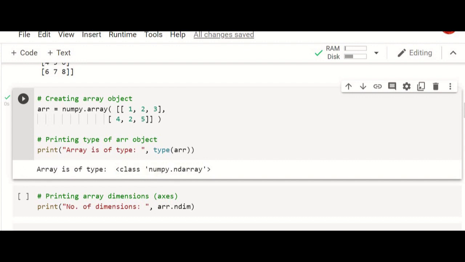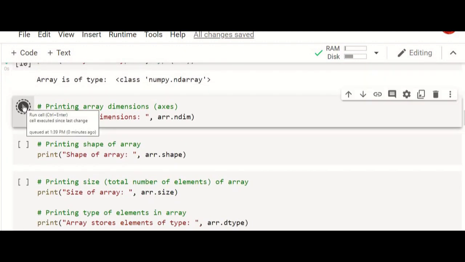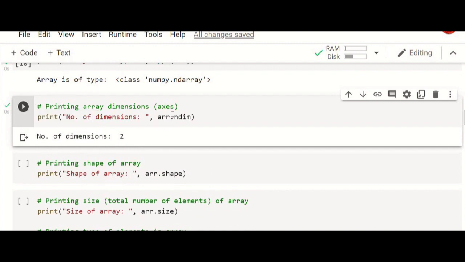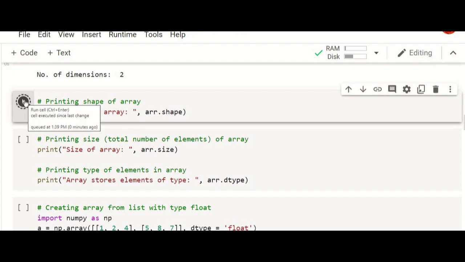And if you want to display the dimensions, that means axes, since it is a multi-dimensional array, you can specify the number of dimensions. Here we have only 2 dimensions, x and y. So number of dimensions: array name dot ndim. This will give you the number of dimensions. And if you want to display the shape of the array, again array name dot shape.